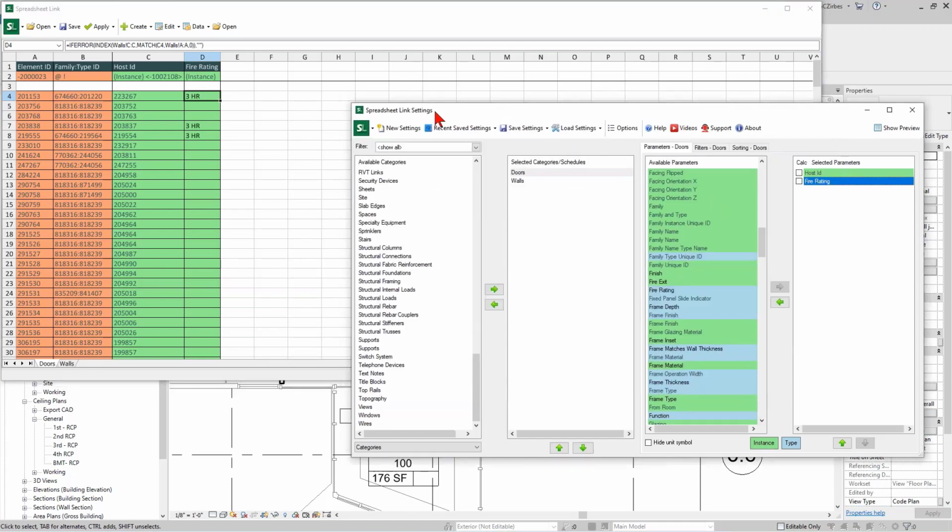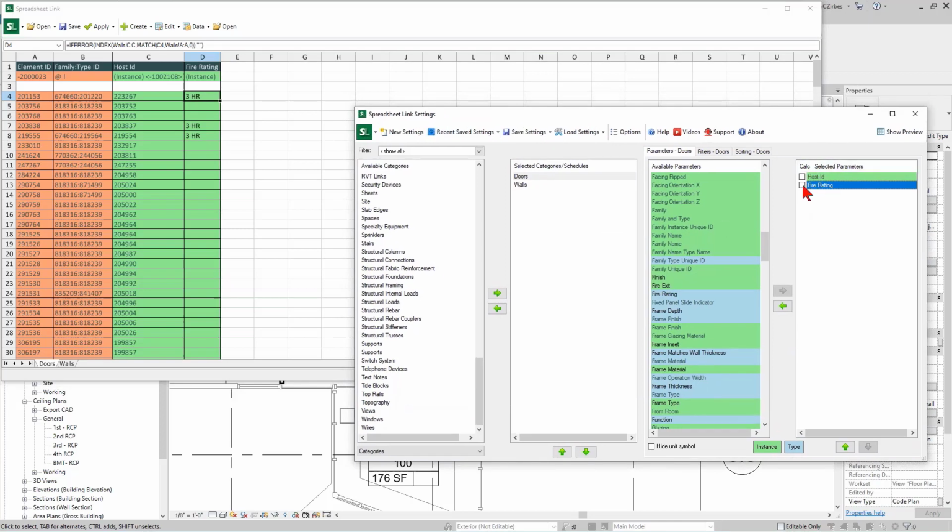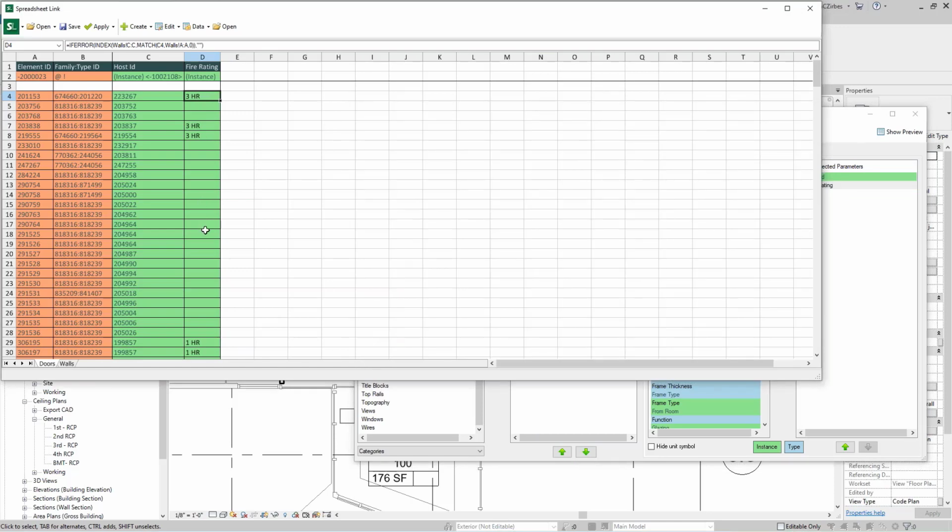So in Spreadsheet Link over here, there's a little ability for you to check this little box in front of fire rating. When you put a formula in something, like on my doors tab, when I put a formula into that very first row, the 4th row, well, first row is up here. 4th row right here is the first row of data specifically. When I put a formula in there, it's going to automatically calculate or autofill that formula all the way down. So when I check the box for fire rating here, it took this formula and basically dragged it down all the way,